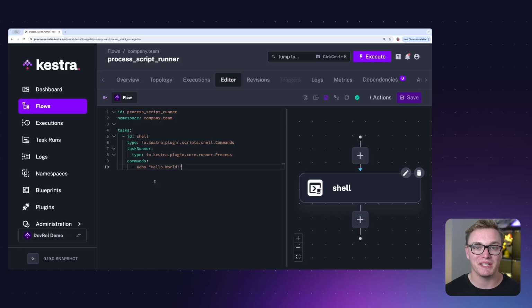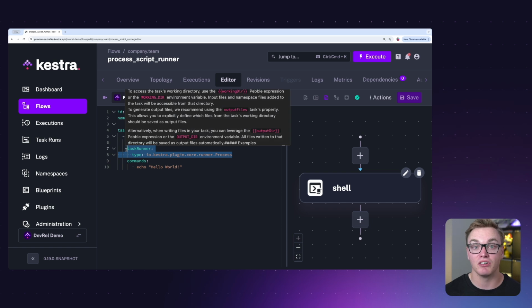I'm going to walk through a couple of examples of where you might use the process task and a few best practices to get you started. Jumping into Kestra, we can specify our task runner as a process type really easily here. Now this task runner does not have any additional properties, so you will leave it like this and just start running your tasks as